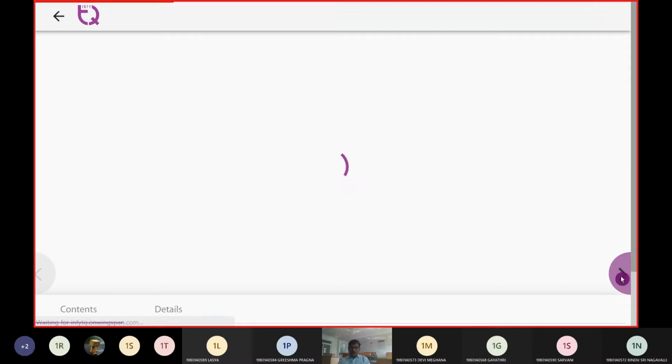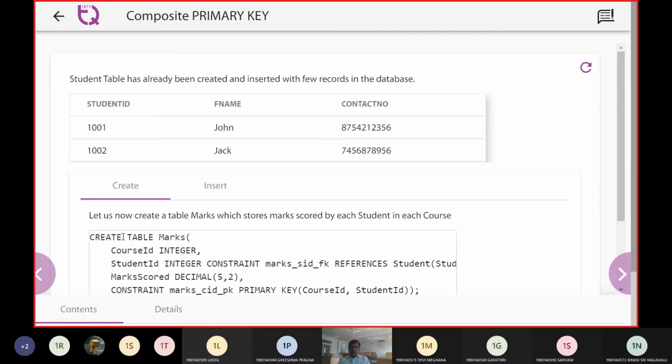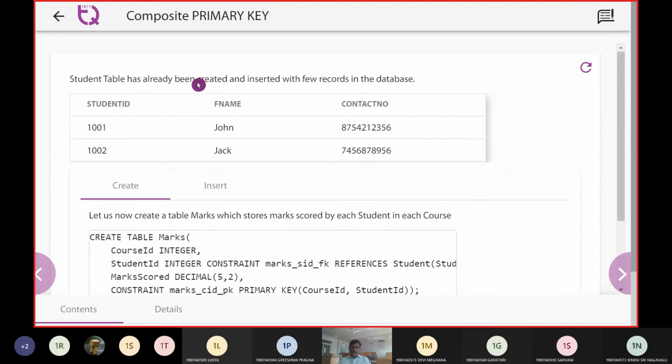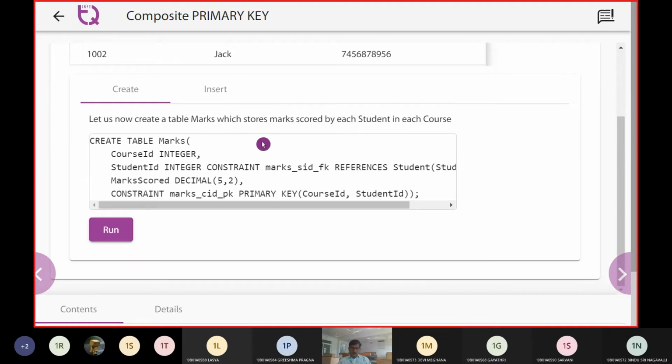Now here is the scenario of how we have created this composite primary key. The student table has already been created and inserted with a few records. Now let us create a table called marks, which is going to store the marks scored by each student in the course.